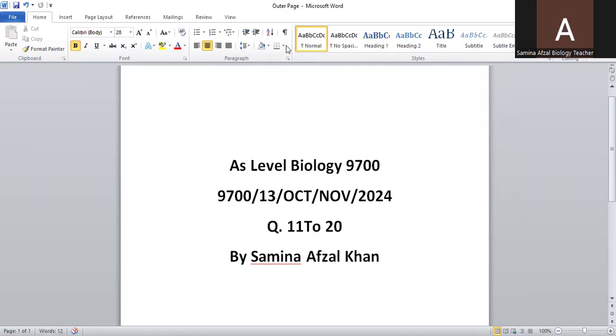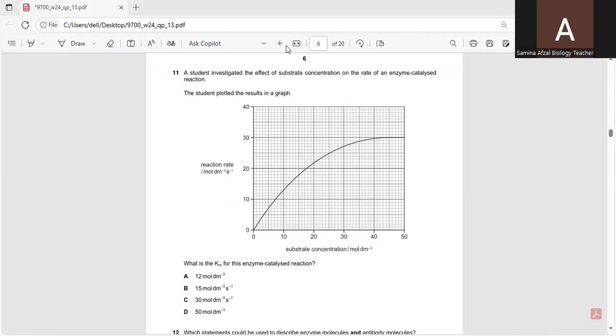Question number 11 is: the student investigated the effect of substrate concentration on the rate of an enzyme catalyzed reaction. The student plotted the results in a graph. So you can see on the x-axis, they have given us the substrate concentration. On the y-axis, they have given us the reaction rate per molecule per second. So here I would like to discuss first of all, the question: what is the Km for this enzyme